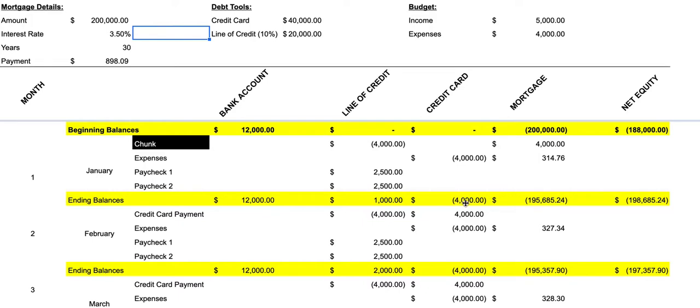The credit card balance is negative 4,000 because remember, you were putting all of your expenses on the credit card. But remember, now your credit card is not being charged interest. Not necessarily, because if you make the payment by the end of the month, then you're not going to be charged any interest. So you're putting as many expenses as possible on the credit card to keep the line of credit balance low, right? And so now over here, your mortgage has been reduced to 195, and your net equity